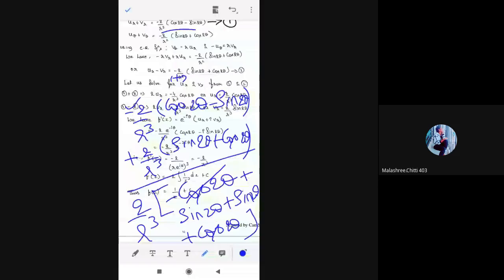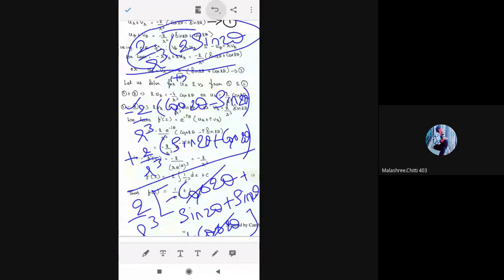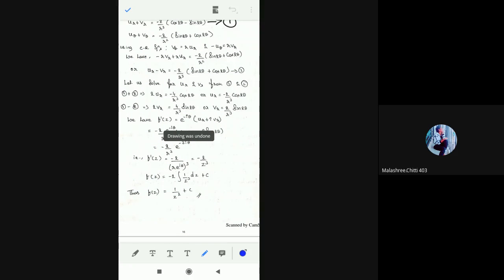Minus cos 2 theta plus cos 2 theta get cancelled to give 2 by r cube. I'll write here 2 by r cube into sine 2 theta, sine 2 theta, 2 sine 2 theta. So what we have? 4 by r cube into sine 2 theta. 4 by r cube into sine 2 theta is our answer for 2 times of VR. So I hope you all copied. Yes, I'll erase it.